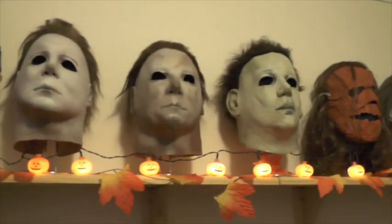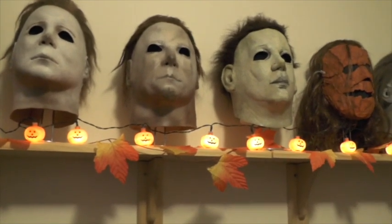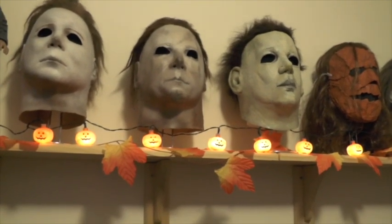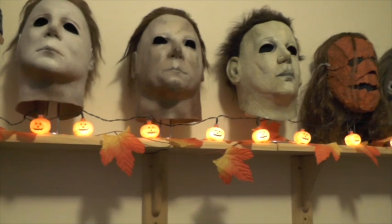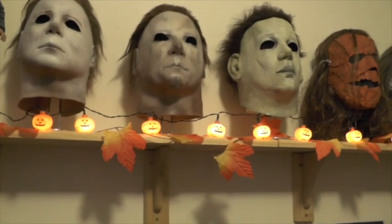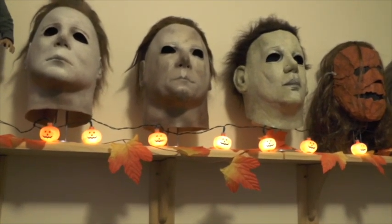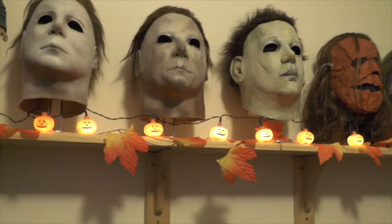And if you guys are wondering my opinions on the mask from the new movie, I do like it a lot. In fact, I love that mask. It looks really, really good. So maybe one day, if I can get hold of a custom mask or something, because I'm not overly...